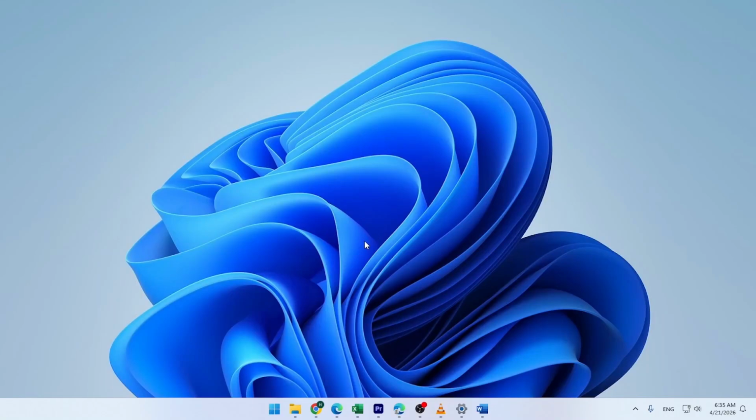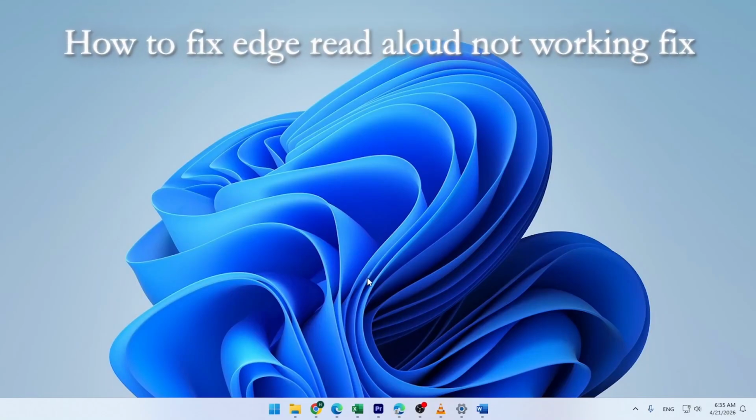Welcome to DelphStack. If the Read Aloud feature in Microsoft Edge is not working, here is how to fix it